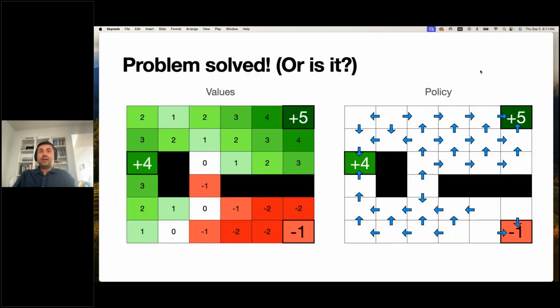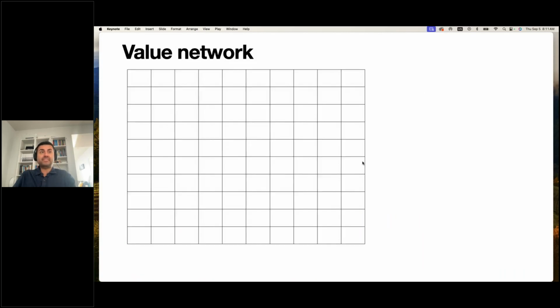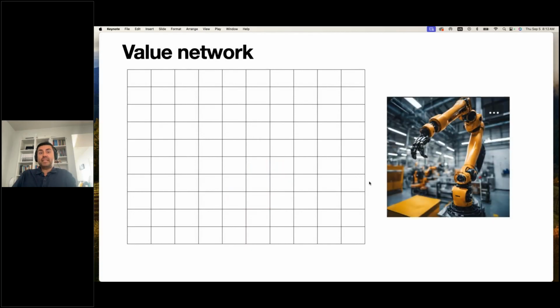However, the game could be much bigger, right? The game could be thousands by thousands or millions by millions or infinitely many states. And then it's really hard for me to go around, because in order to find the values or the policy, I need to play this game many times and start adjusting them, and I can't walk in a huge space repeatedly. Sometimes there's infinitely many spots, right?